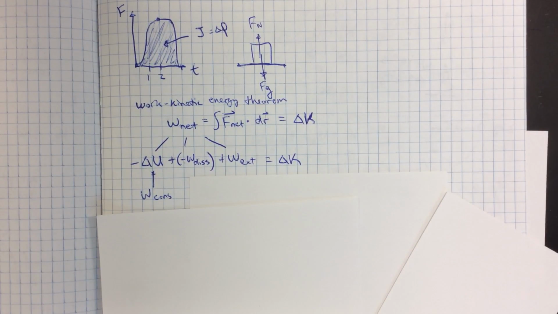The main conservative forces to know about right now are gravity and the spring force. Those are conservative forces because of the way they behave. Usually, they're only a function of position. So if you imagine that connected between you and the Earth was a rubber band, and that was essentially gravity, then as you went further away from the Earth, you are stretching this rubber band. So it's like storing energy in this gravitational rubber band, and then when you come back down, you're releasing that